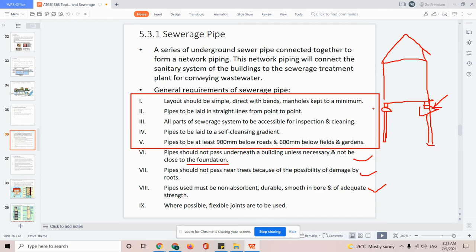So we do not want to have our pipe going through here. If you have a pipe going through here, it will be very dangerous for our building. In case our pipe leaks, it will wet the area here. So once it leaks, water will escape from the pipe and leak into the surrounding soil. And then because once the soil is wet,